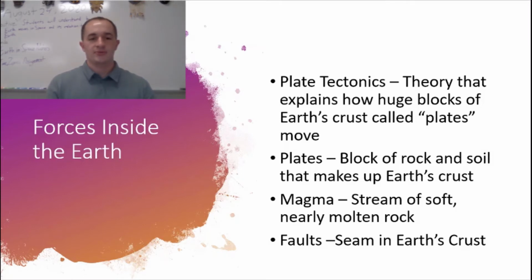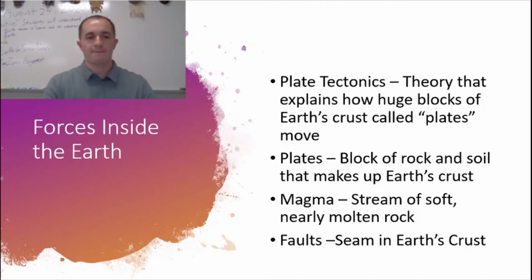So a lot of the continents are made up of one continental plate or one plate, and so those move around, and there's the theory of plate tectonics, which is just the explanation for how those huge blocks of Earth's crust called plates move. So you might have heard of something called Pangea, and that was when all of the continents were once one massive landform, and through plate tectonics they slowly moved apart and have come closer to certain other parts and have